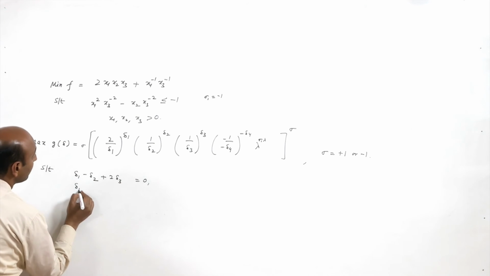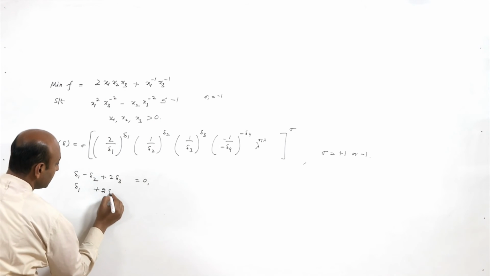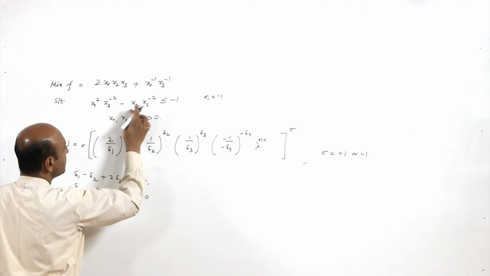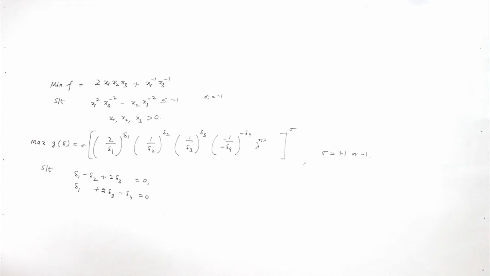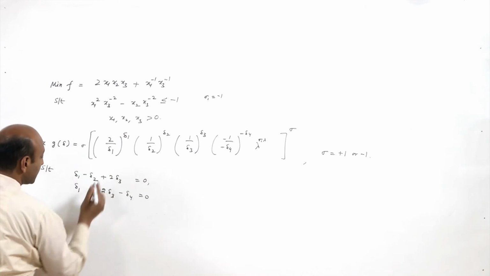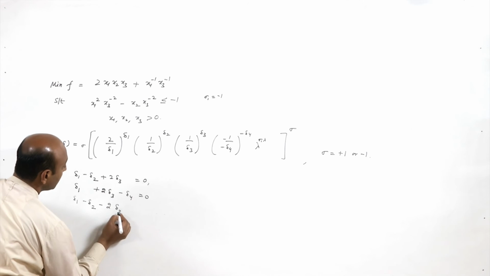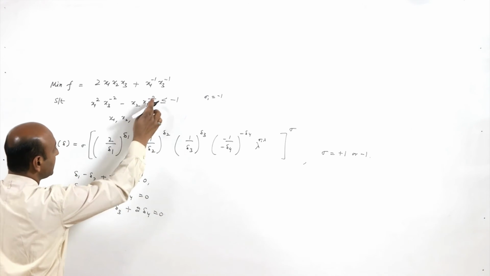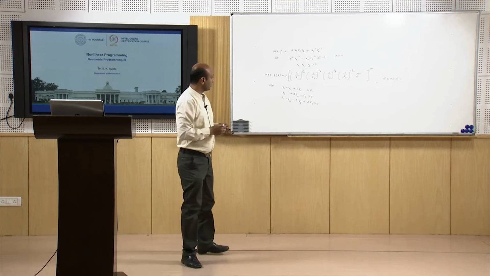Now for x2, x2 is delta 1, no term here, and here it is plus 2 delta 3, and here it is minus delta 4 because here we are taking the term as minus delta 4. Then x3, x3 is delta 1 minus delta 2 minus 2 delta 3 plus 2 delta 4 equal to 0, as this is minus 2 multiplied by minus delta 4, which is plus 2 delta 4, that is equal to 0,